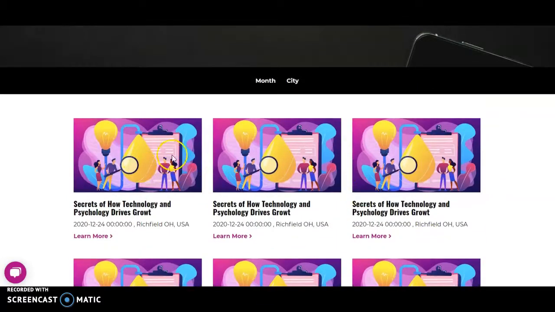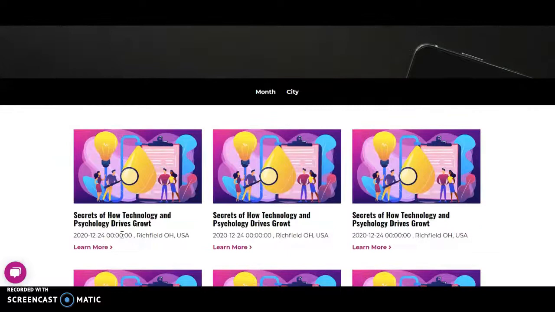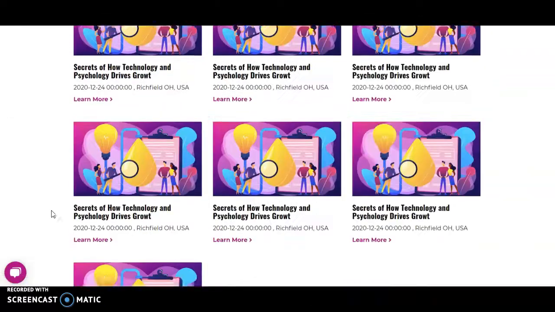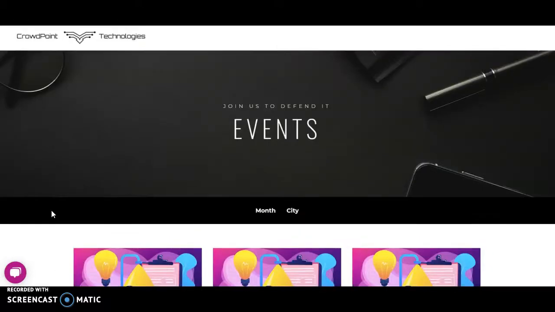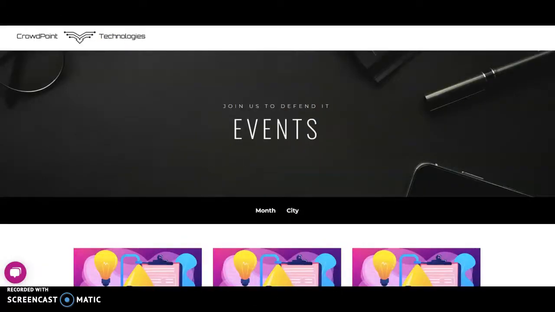So the idea here is to keep the state or the city photo and a small description, time and state name, right? And they click on this button. This ideally should go to Eventbrite or some other page that we want to link it with. It's a super simple page and very functional as well. Do let me know if you have any feedback on it. And we have kept it super simple, like header without any links and footer without any links going out.